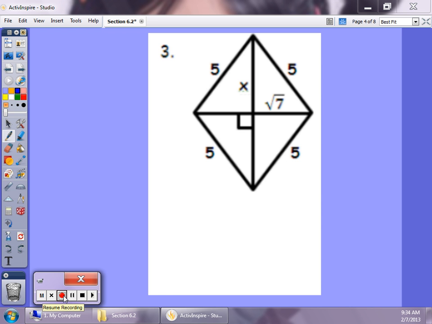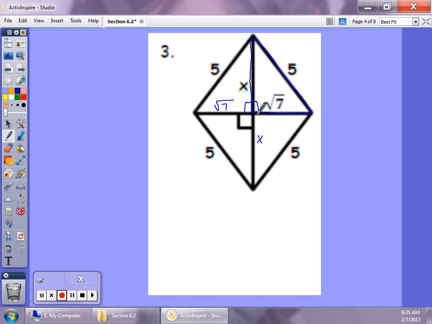In the third example, we are given a rhombus. We know this is a rhombus because all four sides are congruent. One of the properties of a rhombus states that the diagonals are not only perpendicular, but they also bisect each other. So in this picture, we know that this is root 7 and this is x. What we also know is that all these angles are now 90 degrees. So if we look at one of the triangles here,